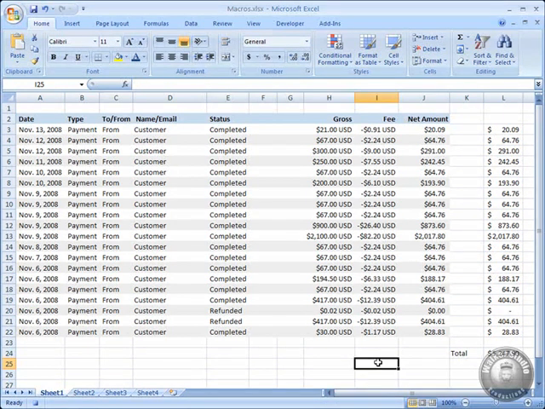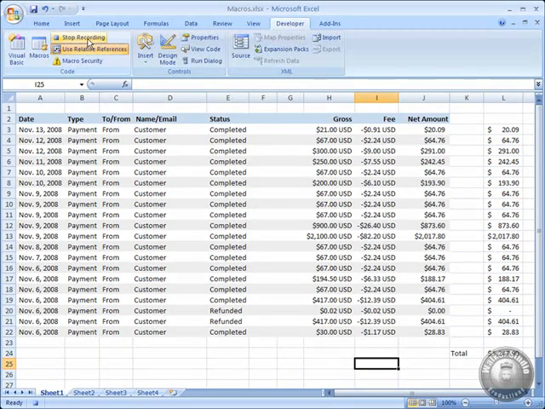So in a period of November 6th, 7th, 8th, and the 9th, 10th, 11th, and 12th, and even the 13th, we took in $5,247.90, considering this is the net amount, so that is minus the PayPal fees. And we're going to go back to Developer and stop recording. Of course, I could do anything else that I might possibly want to do. But the idea here is that now,